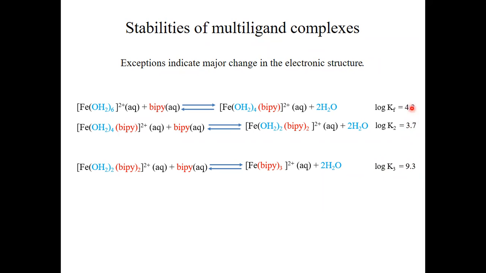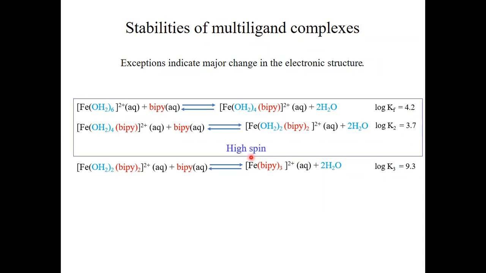Now this indicates a major change in electronic structure, and in this case we have a transition from a high spin complex for these two reactions to a low spin